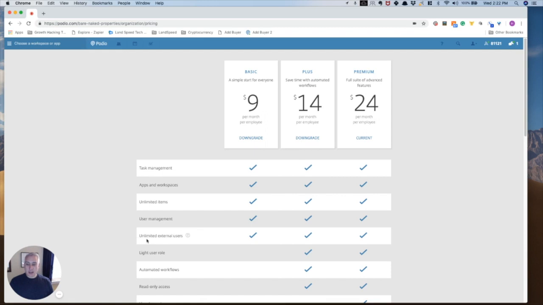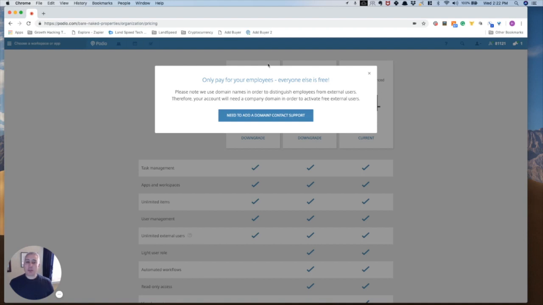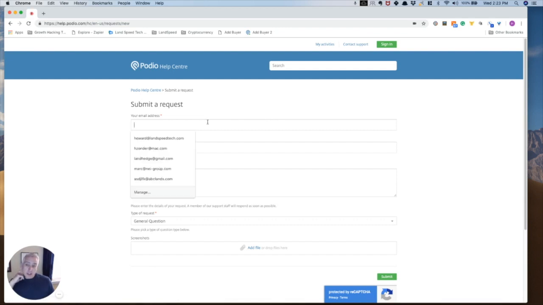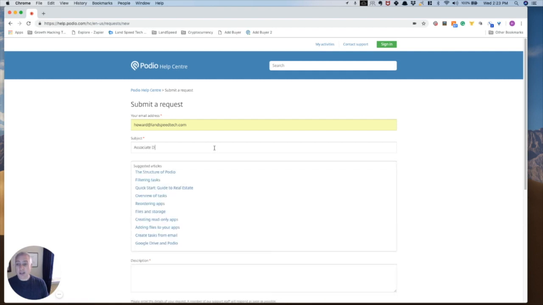And then just come down here where it says unlimited external users and click on this little question mark, and it'll bring this pop-up back that says only pay for your employees, everyone else is free. Need to add a domain? Contact support. So click that button and put your email address in, and then put your subject line, which is associate domain with my